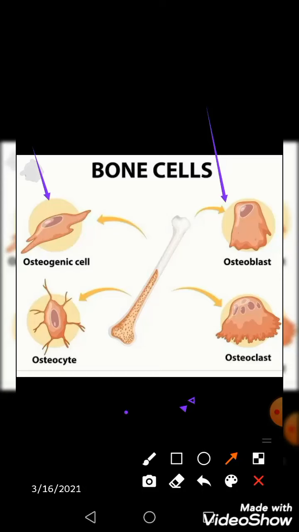Now look towards another variety of the cell, which is the osteocyte. These osteocytes are derived from the osteoblast. They are called mature bone cells, and they do not show the capacity of mitosis, but rather they are long living cells. And where are they located? You can see them embedded in the bony matrix between different laminae, which we will discuss later on.